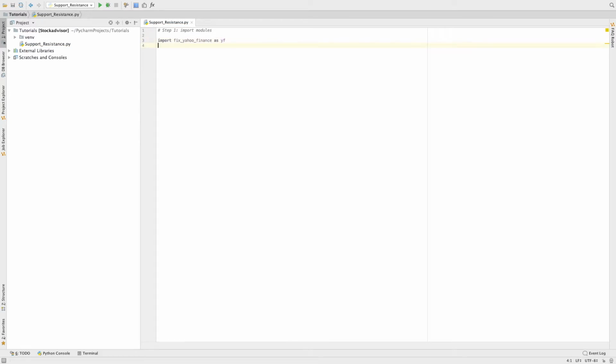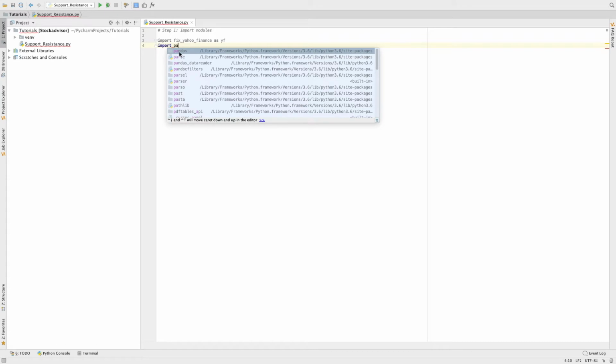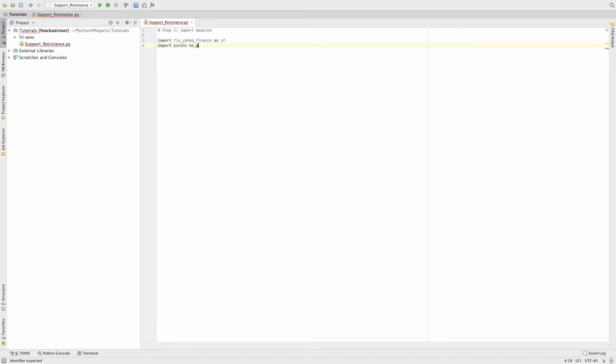The second one, import pandas as pd. The third one, import numpy as np. And we're going to need import